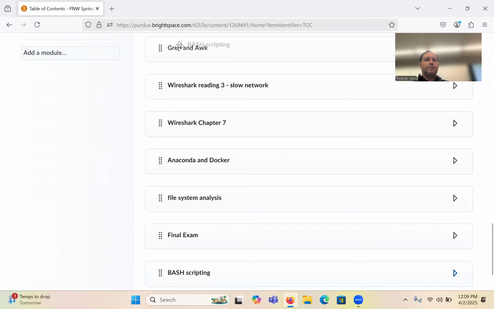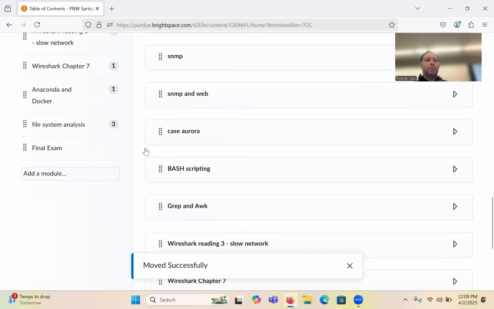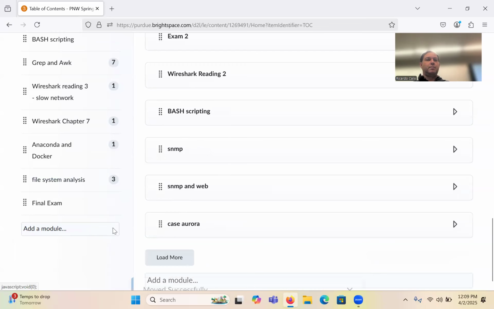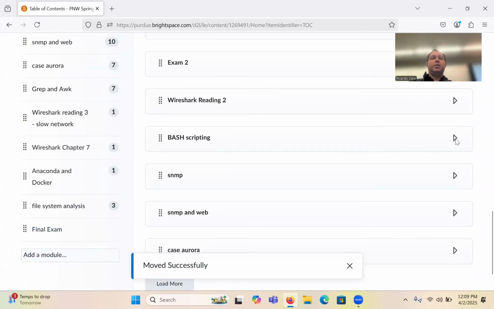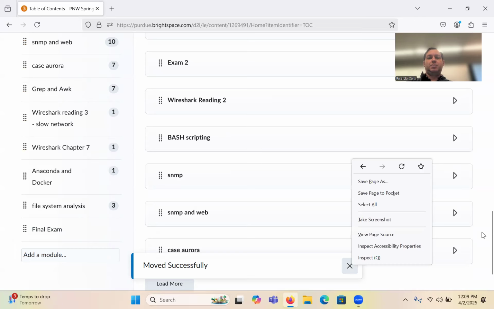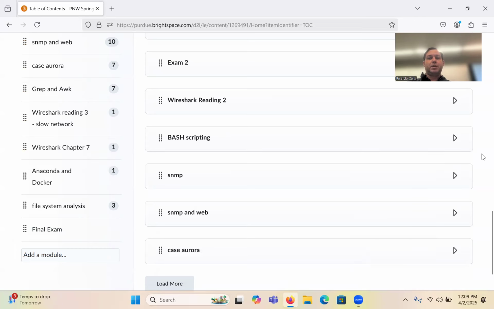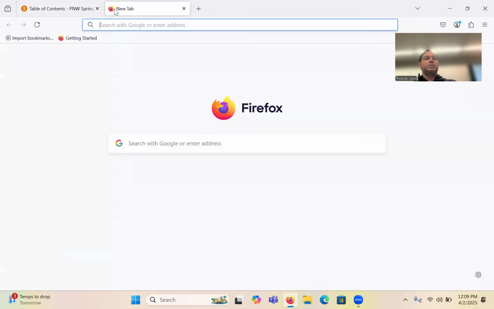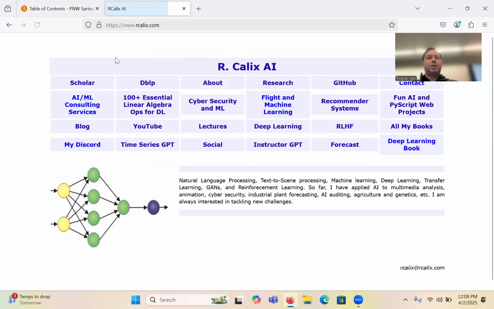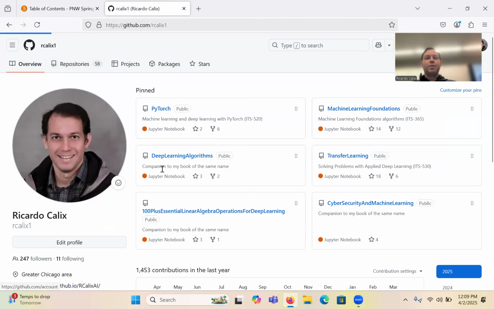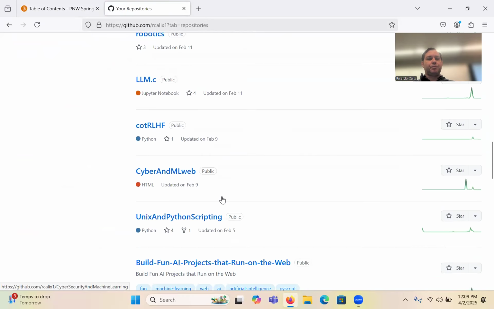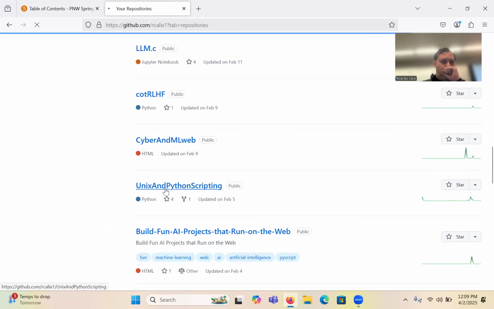I'm gonna move this there. This is coding, so we're just gonna boot up the VM and start writing some scripts, but I will provide the link for it. The link is on the GitHub that you are familiar with already. So we just need to go to GitHub, find the repo, Unix, Python scripting, this one over here.